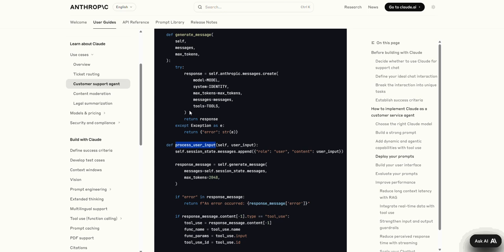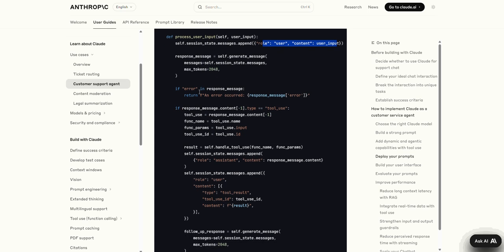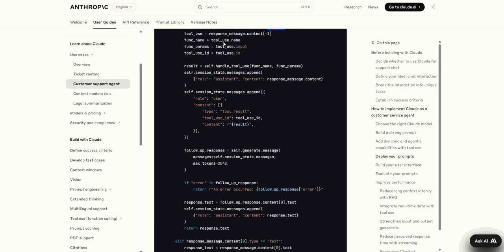Here we have the function to send the message, and this returns the response from Anthropic. And to process user input, that is the main task of this system. Basically, you receive the user input, send the content, and receive the response. If the return is of type tool use, it will get the expected tool, execute the function based on the information,